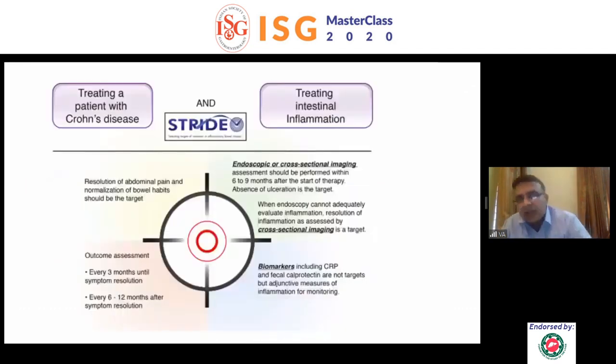And finally, we are moving towards what is known as the STRIDE consensus. The second part of it is known as the SPIRIT consensus. The SPIRIT consensus has still not gone into print. It should go into print very soon, within another 1 or 2 months. And there, everybody is talking about not only changing the goal from endoscopic, cross-sectional imaging or biomarkers to quality of life, psychological well-being, fatigue. So maybe 6 months down the line, when we're talking about it, we'll have another slide out here that will be known as the SPIRIT consensus. Thank you very much for your patient hearing.